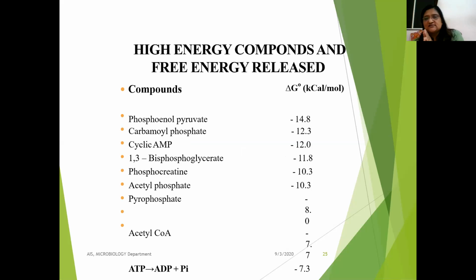Now, all of these have their specific free energy, which we can use as a reference while studying the metabolic activities of different enzymes, different activities which are not known to us. At that time, we can use this as a reference to calculate the free energy available during the reactions. For example, you can see that acyl coenzyme, when released, doesn't show any free energy, compared to cyclic AMP, which can release minus 12 kilocalorie per mole.